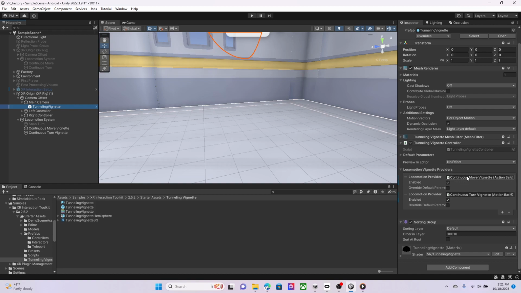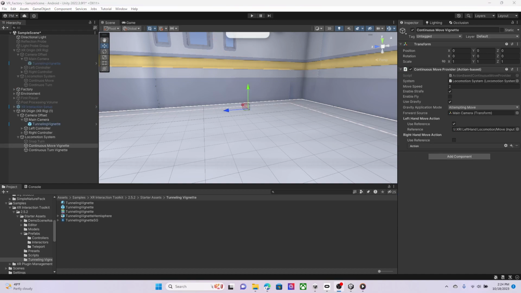Need to go back and double check that these are set up correctly. So let's just take a quick pause. Okay, so I went ahead and double checked,